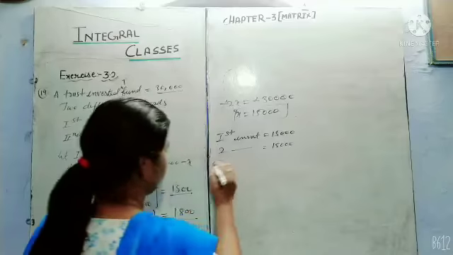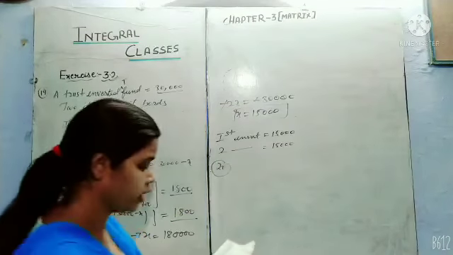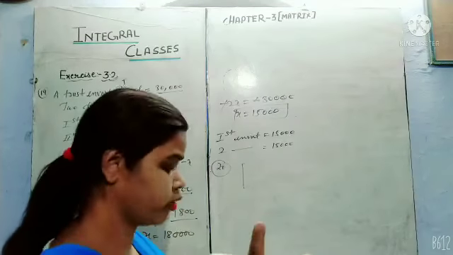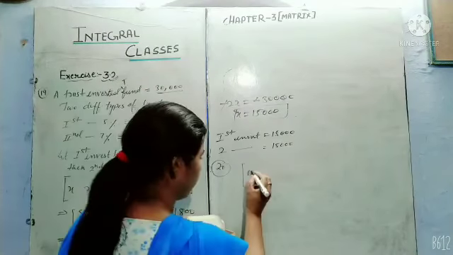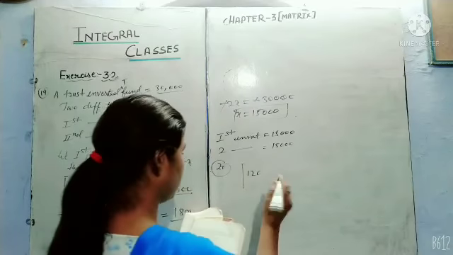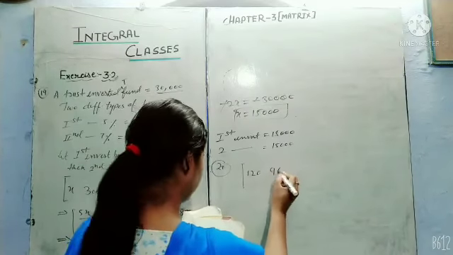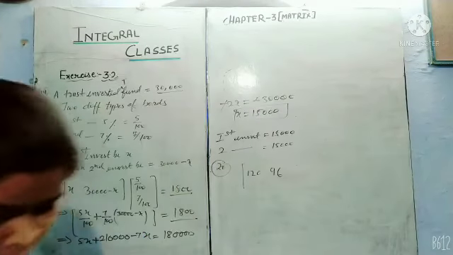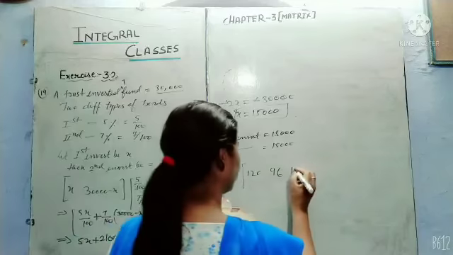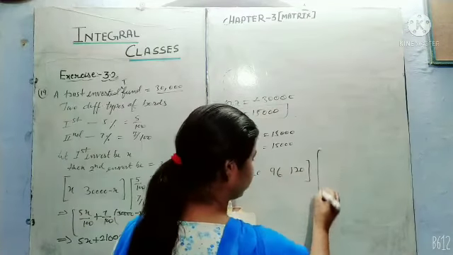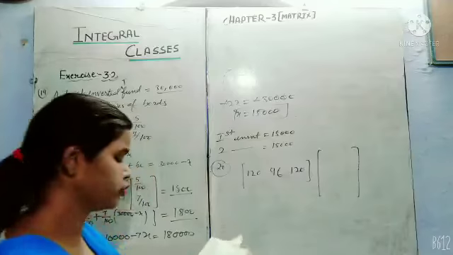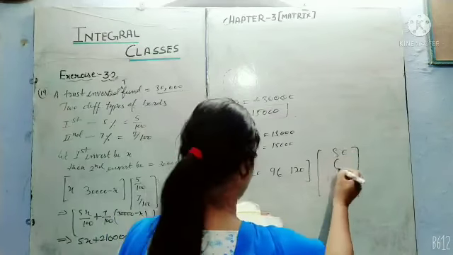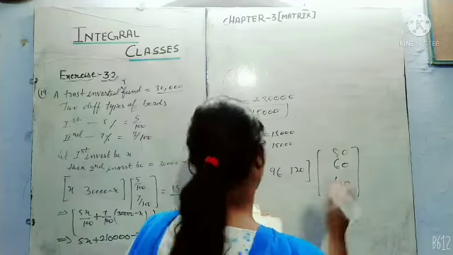So student, here is question number 20. Now here are given 10 dozen books. It means 1 dozen equal to 12, 12 into 10, 120 of chemistry, and 12 times 8 is 96 of physics, and 12 times 10 again 120 of economics. Now their selling price is given, 80 rupees, 60 rupees and 40 rupees.